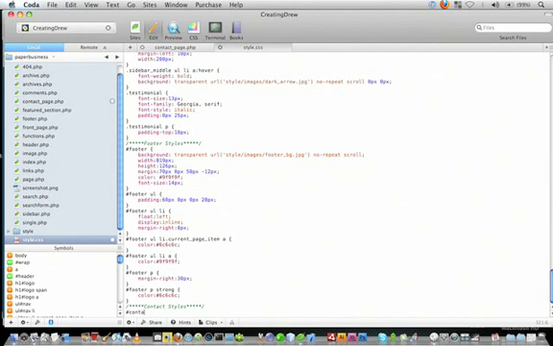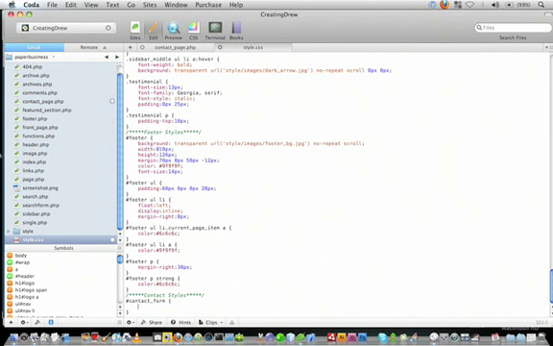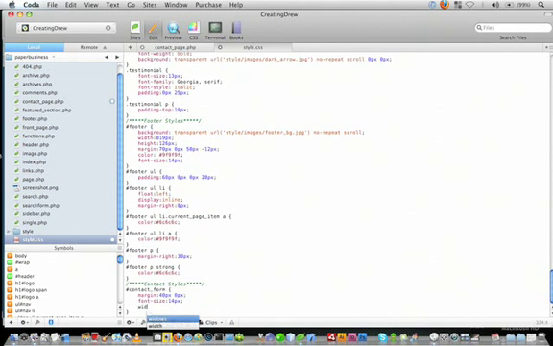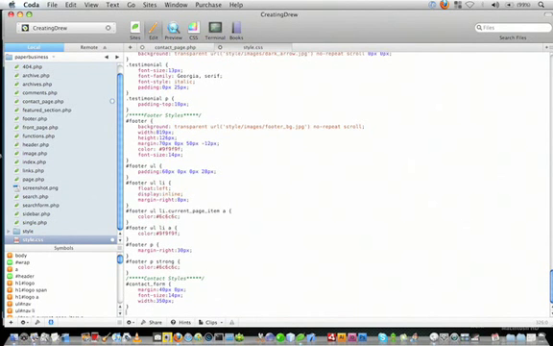Okay, for our ID of contact form, which is our form wrapper, we're going to give it a margin of 40 pixels on the top and bottom and nothing on the left and right. A generic font size of 14 pixels and a width of 350 pixels. For our legend, say contact form legend,